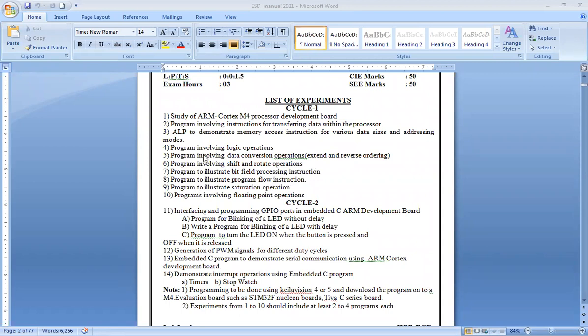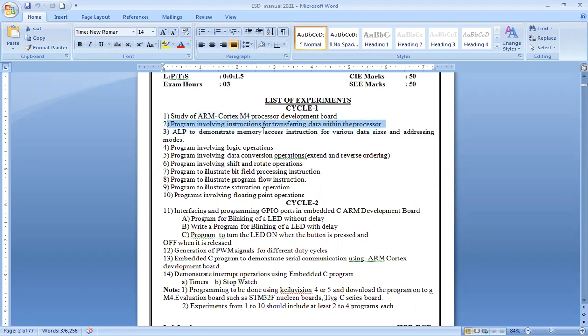So here you'll have to learn about the stack pointers and the program counters and some subroutines. All those I want you to look into for ARM Cortex M4. So how will you get the information? If you search on any of the search engines, you will get their data sheets. With the data sheet, you will be able to understand what these specifications are, and then we'll be looking into programs involving instructions for data transfer.